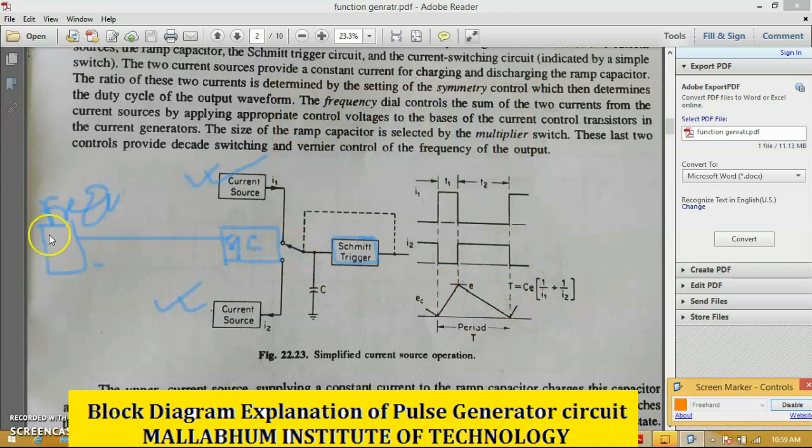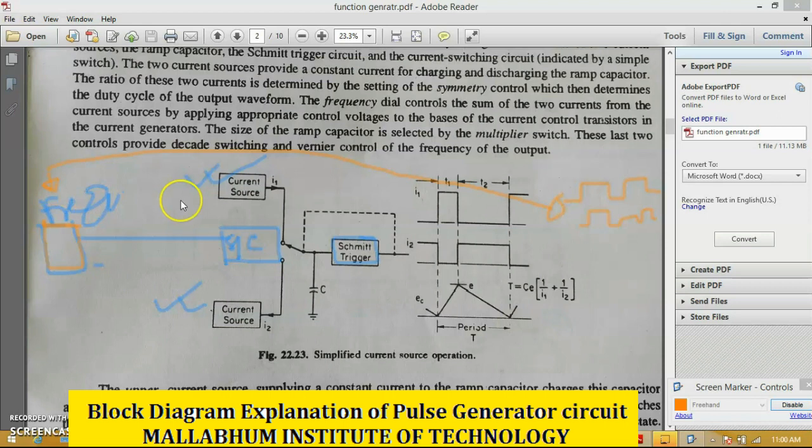So I am again discussing the logic. The frequency control has a knob which is end to end. That means if you change the frequency, the output waveform will look different. Suppose the output waveform is like that; if you change the frequency, the output waveform may look like that. Okay, so that is dependent on the frequency. That is the end to end point operation.